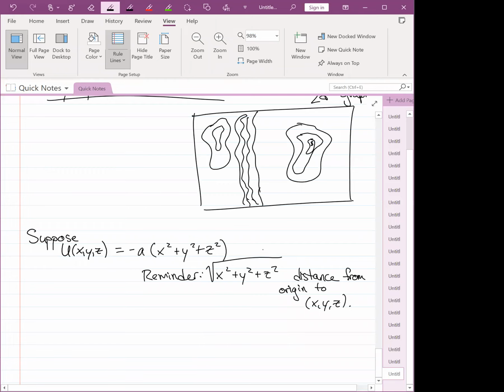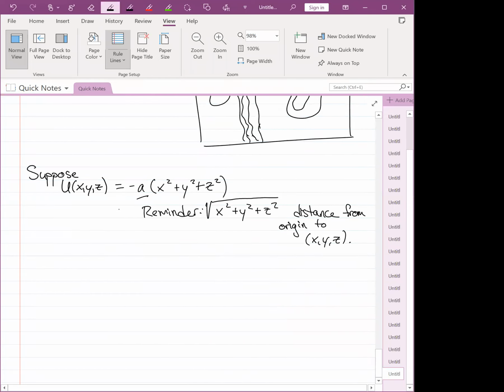So that means that this thing, x squared plus y squared plus z squared, is just the square of the distance, right? So given this potential energy function, every point in the x, y, z space that is equidistant from the origin